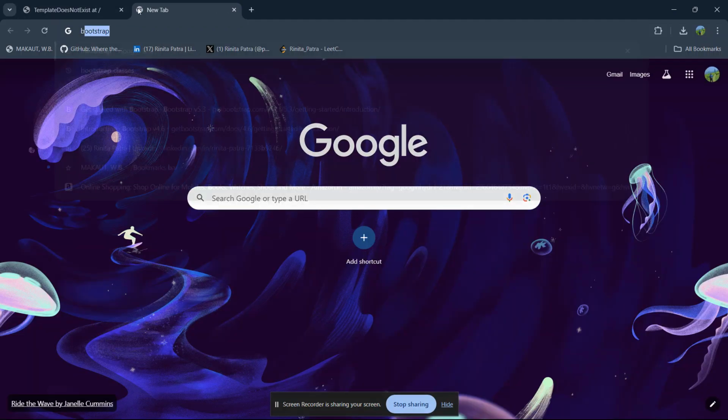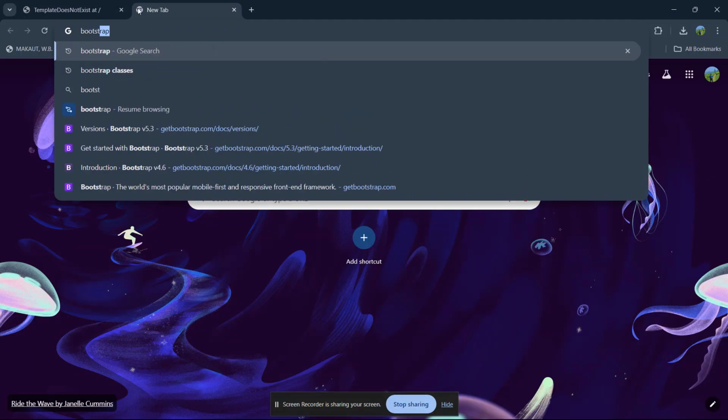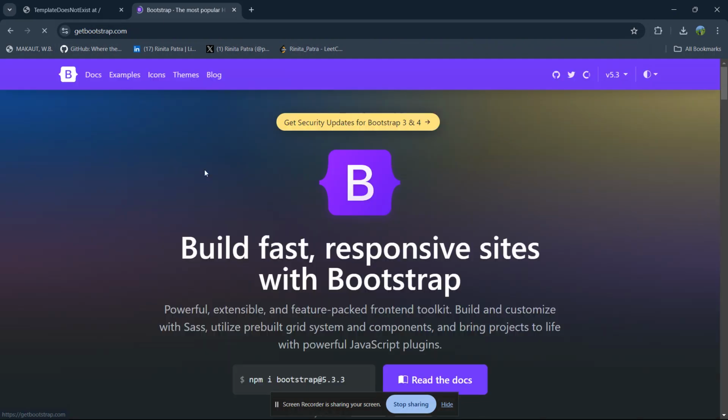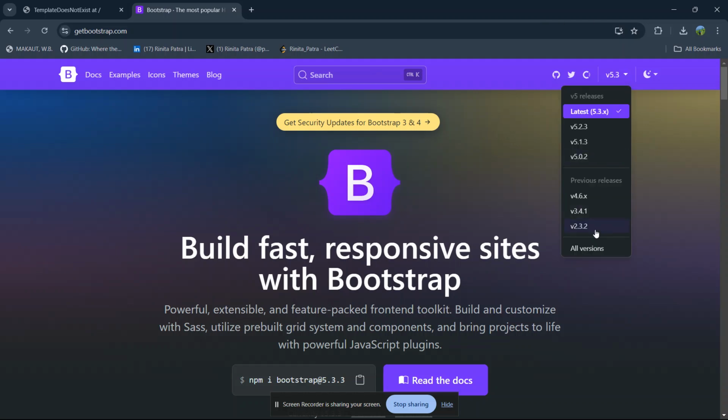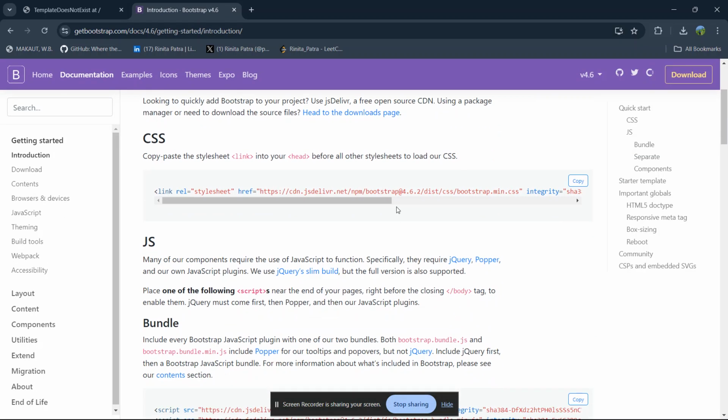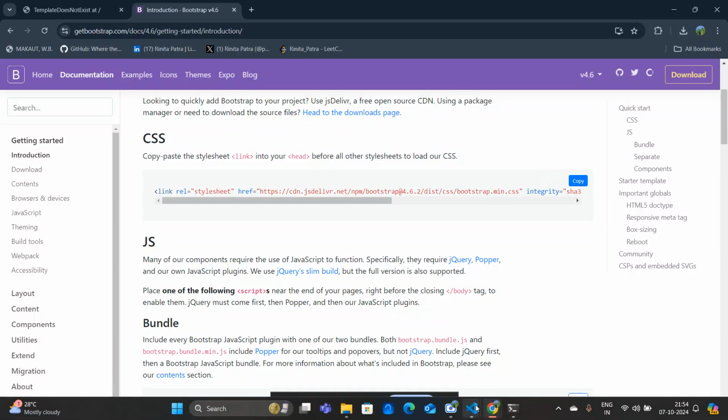So we type here bootstrap, and look at the first result. From here we take one version, like I am using version 4.6, and from here you can add this CSS.